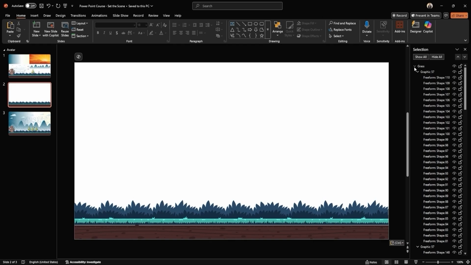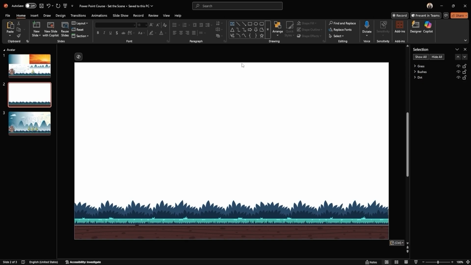The dirt, grass, and bushes are in vector format, meaning you can change and control each individual piece however you like. A side effect of working with vector objects is that when you paste them into a new slide, they show up as grouped objects, with all their individual shapes unfolded inside the group. To stay organized and maintain better visibility in the selection pane, go ahead and click the small arrows next to each group name to collapse the groupings. This will make it much easier to manage everything as we continue building the scene.